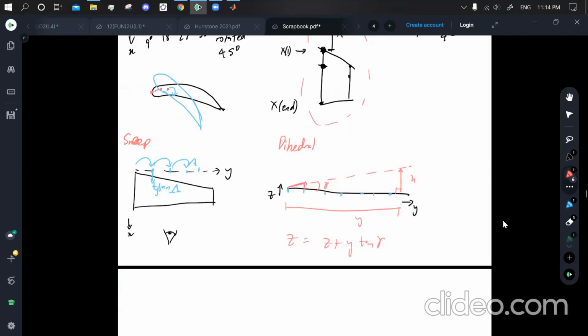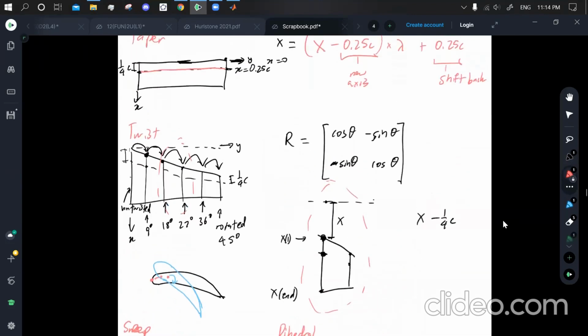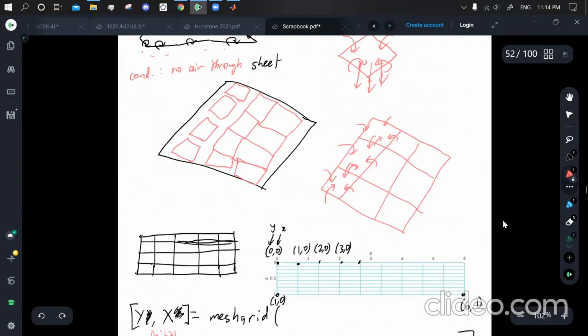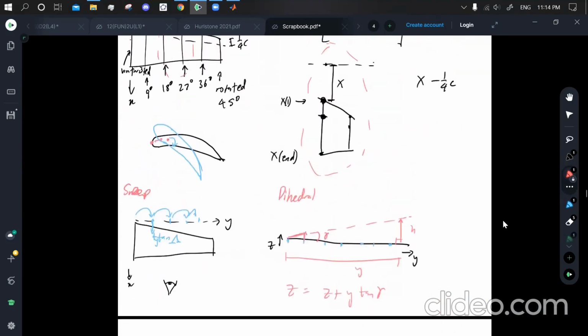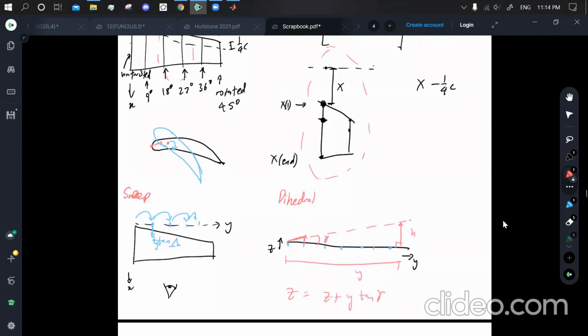Yes. And you do that for every coordinate. So that's basically how you build your wing. Other than that, you just have to make matrices for each of it and do it. But the thing is, you can treat each of the x, y, z